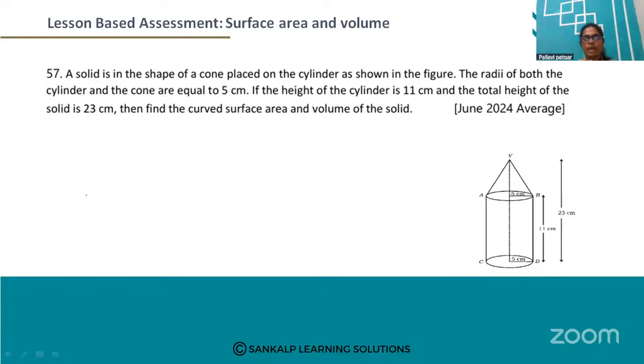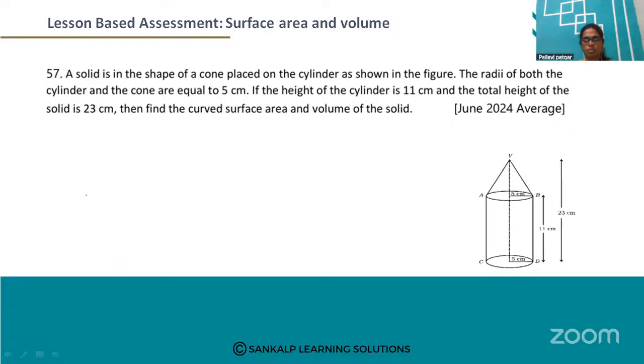Also we find the volume of the solid, and is equal to volume of cone and volume of cylinder. Okay, so here in cone they given radius, okay, but we don't know the slant height. Okay, so by using Pythagorean theorem we find the slant height. Also we don't know the height of the cone, so find the